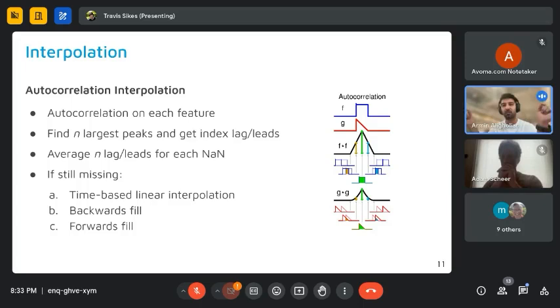Let's say those autocorrelations are at 1 hour, 2 hours, 24 hours, and 48 hours. In that case, for that specific point, we look at 6 p.m., 5 p.m., 8 p.m., 9 p.m., those values, and the values of 24 hours before and 24 hours after, and then take the mean value and replace it.